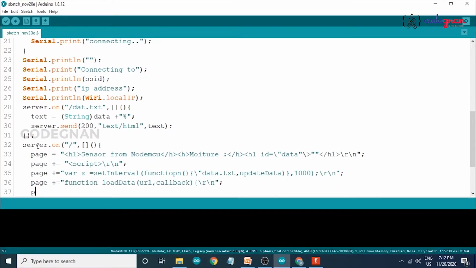And now page plus equals to var xhttp equals new XMLHttpRequest, all capital letters in HTTP request.